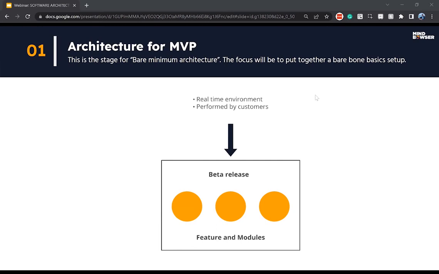Those kinds of scenarios are what we have to consider when we move from beta release to actual production. We have to consider all of this in beta release, plan properly, and then move to production. Though these are all part of MVP, they are very essential, especially from the reliability and resiliency perspective. Many people get confused about the difference between reliability and resiliency, so I want to explain it in this webinar.